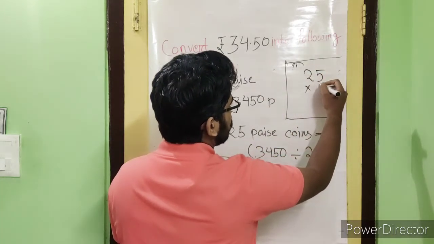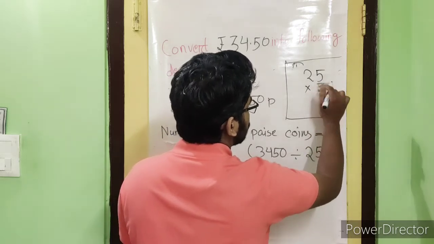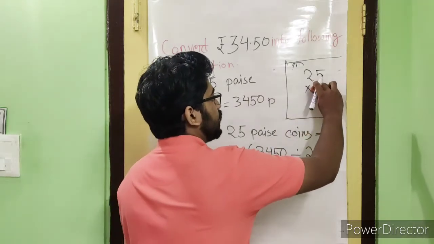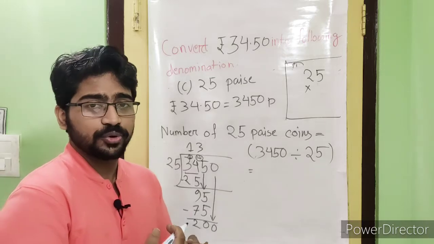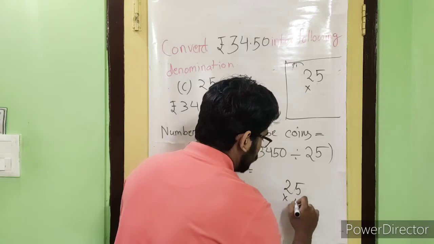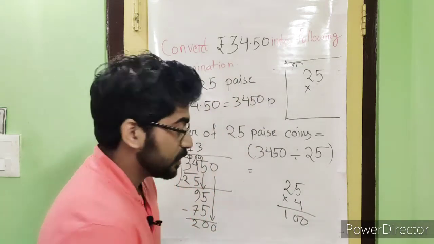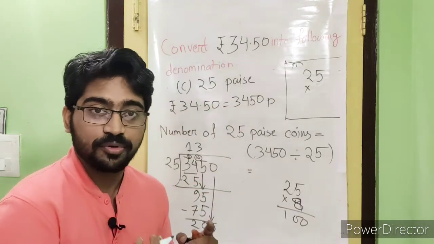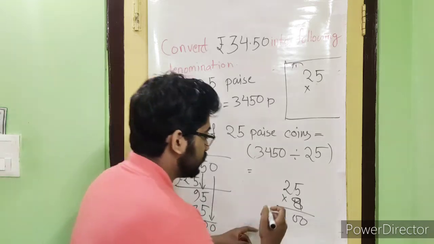25 5s are how much, or 6s are how much, you can write. Or you can do one thing. Now you are in class 3 and you will be promoted into class 4. So we need to be smarter. See, 25 4s are 100. 4 2s are how much? 8. And 100 2s are how much? 200.